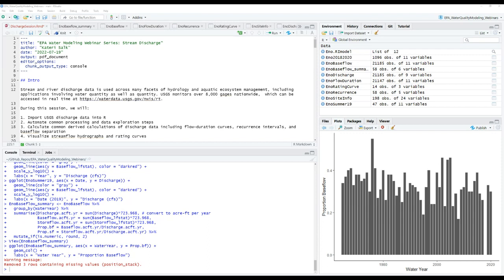Yeah, that's a good question. If I have a moment, I'll try to post it in the chat, and maybe we can shoot an email to the attendees, or I can maybe put it in the GitHub. I know of several links that have comprehensive lists of codes. One thing I will note is in some of the data retrieval vignettes, there are some good tables of really common codes, like discharge and stage and what the statistics are if you want mean versus max and things like that. So I know there are some more curated lists through the data retrieval vignettes and guides.